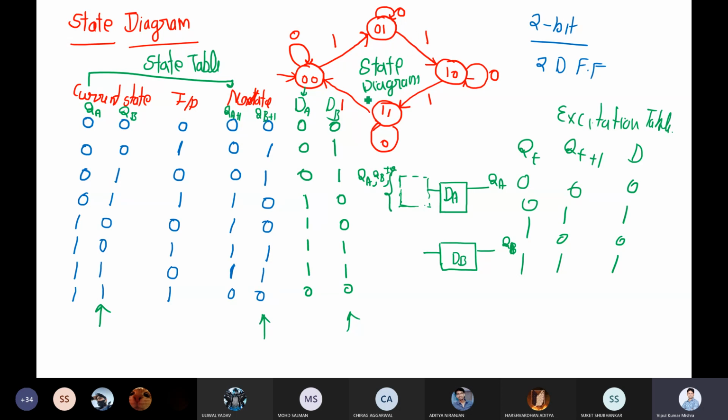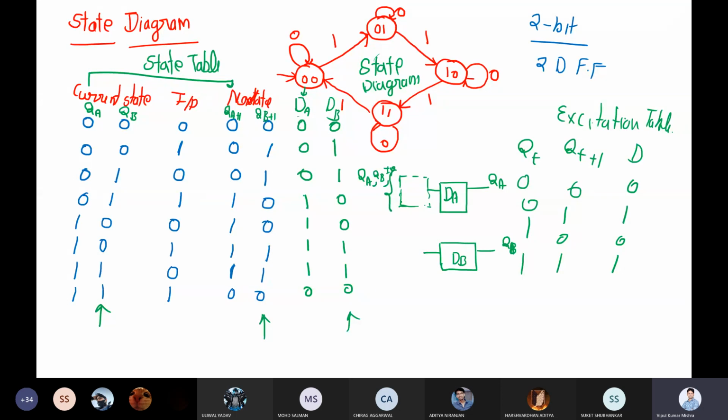But if you have this state diagram, can you make the state table? Yes, sir. Right. Once you make the state table, we can take whatever flip-flop is available and find the entries for this flip-flop, because we already have QA and QA plus 1 information, or QB and QB plus 1 information. Based on that, we can fill these entries as well.